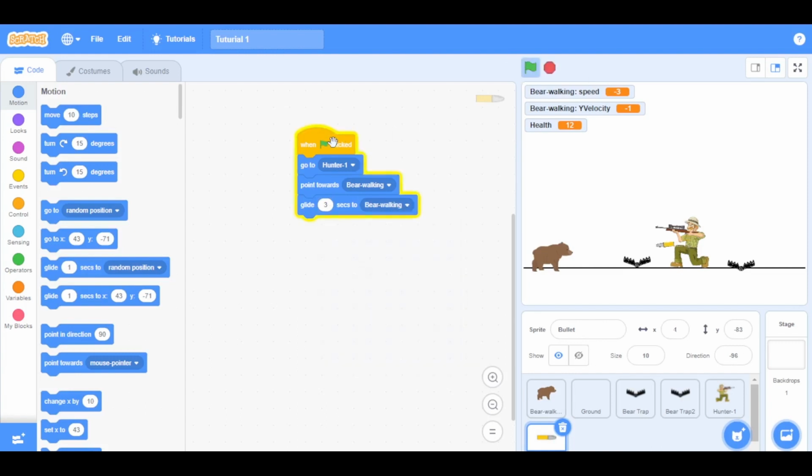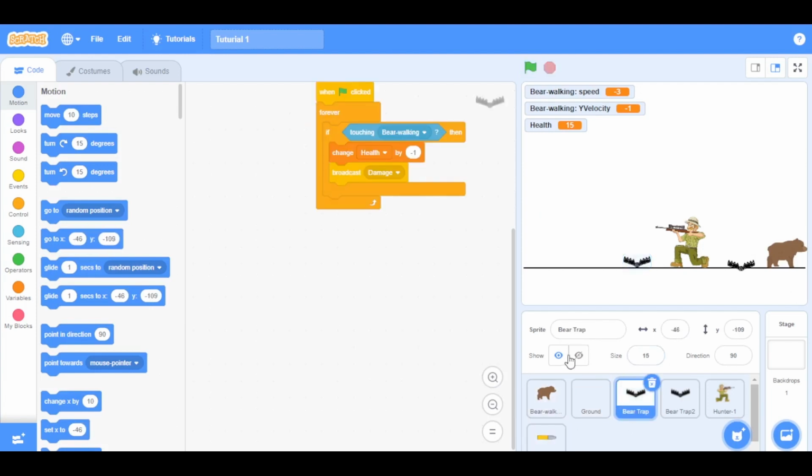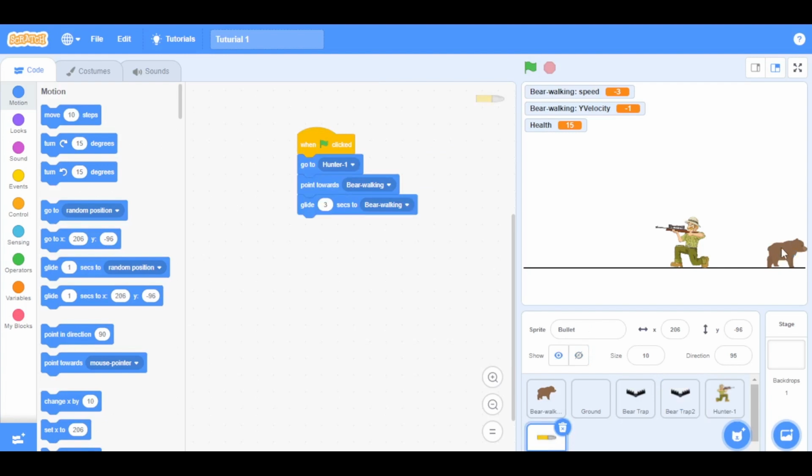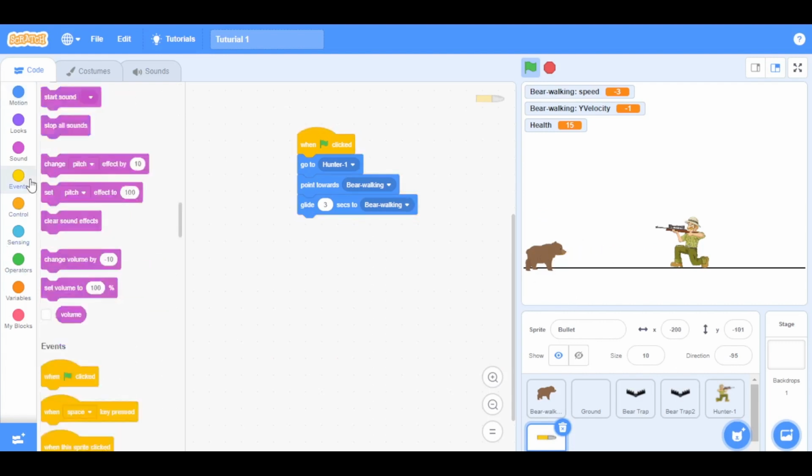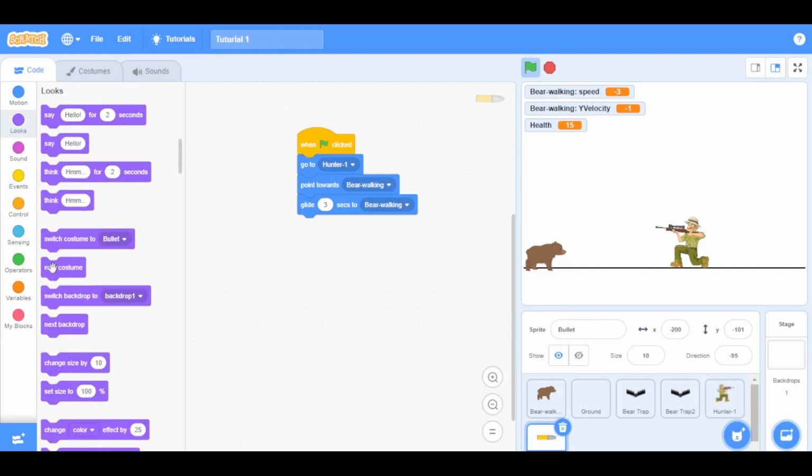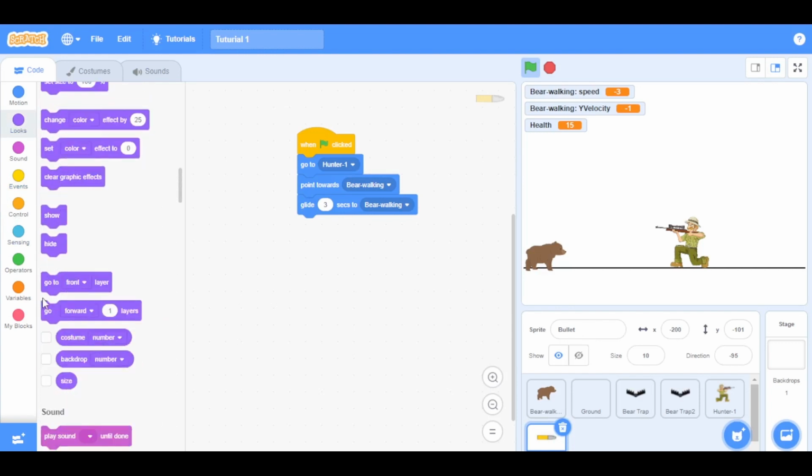Let's see how this works. And it looks good. Let's move our bear to this side of the hunter and let's see. That works fine as well. For this video, I will be hiding both the bear traps, not deleting them but hiding them. When we play the script, you can see it goes to the front layer. Let's change that. We'll go to looks, go to layer back,